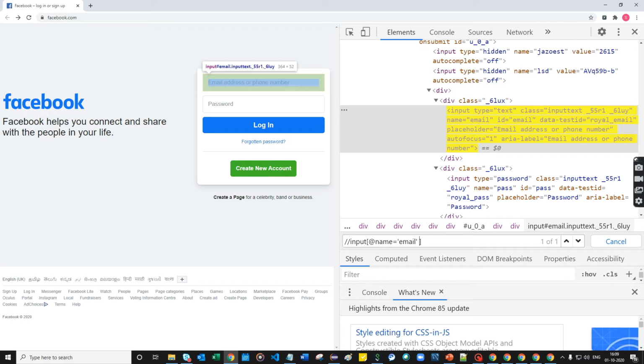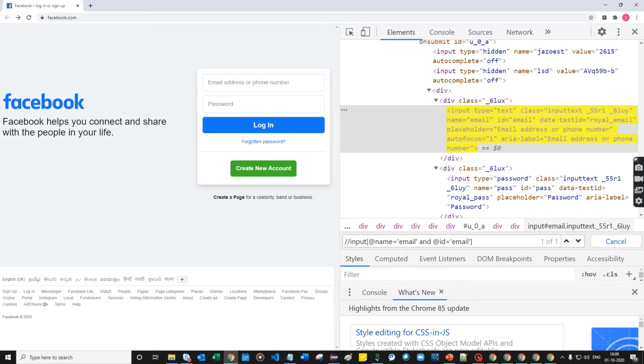Then I'm going to give the AND condition. If you give uppercase, that is wrong, so you can give small case, okay? And ampersand. Next I'm going to take the ID locator also. So ID equal double quotes email.